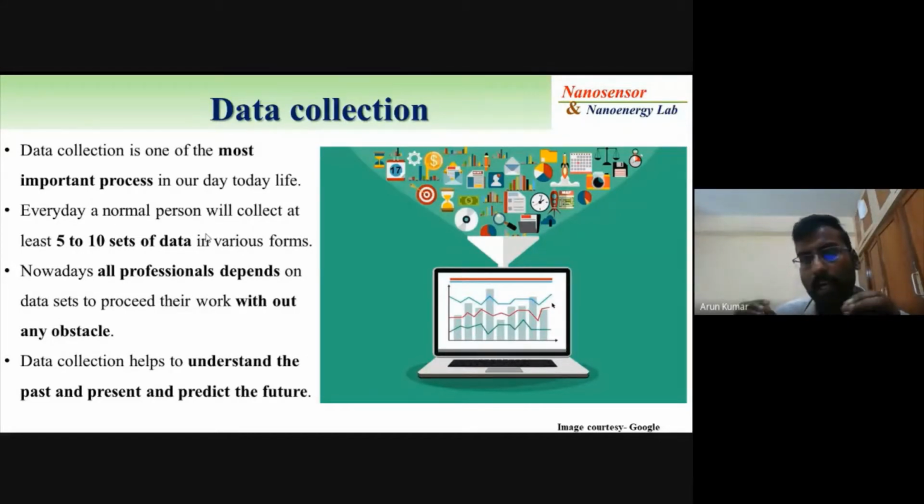And a professional like us, it may be an engineer or a doctor, or in arts and science, whatever the field, everyone has started to depend on a data set. If you take the doctor's profession, especially in this COVID situation, at the start we did not have any literature or any previous data. So it took a long time, but we did it fast, and we tried to depend on some data, and then we could go and treat the patients, right?